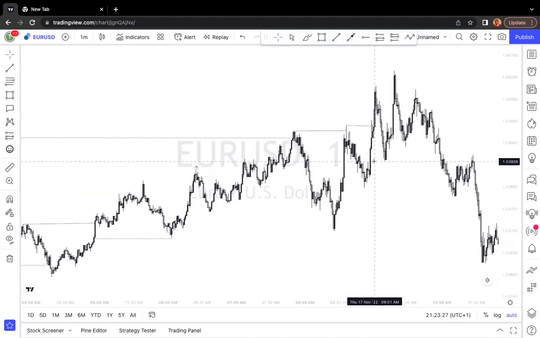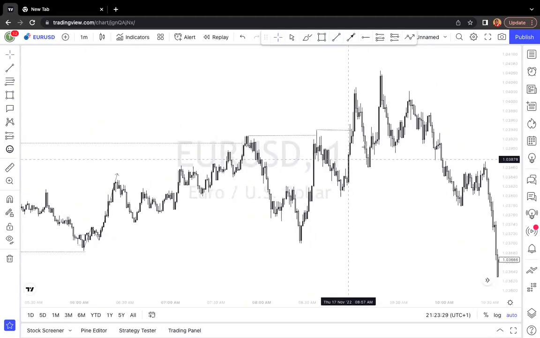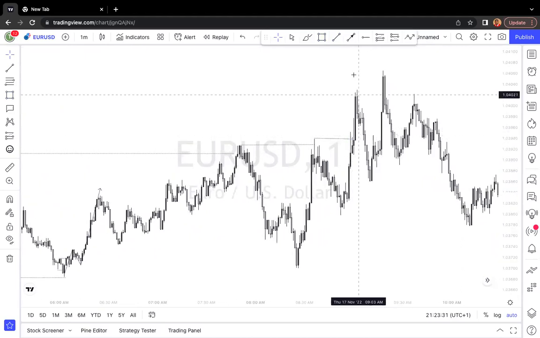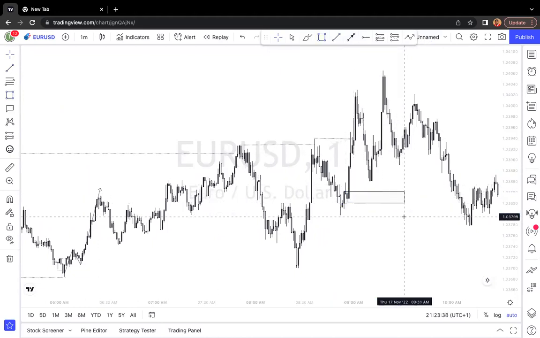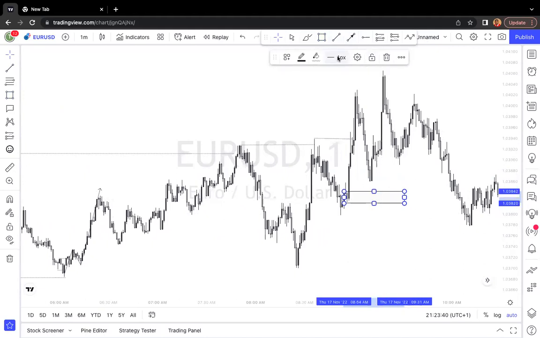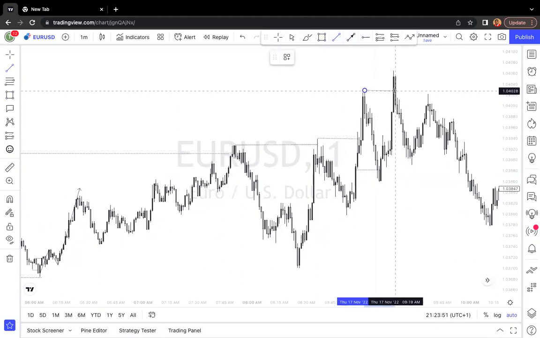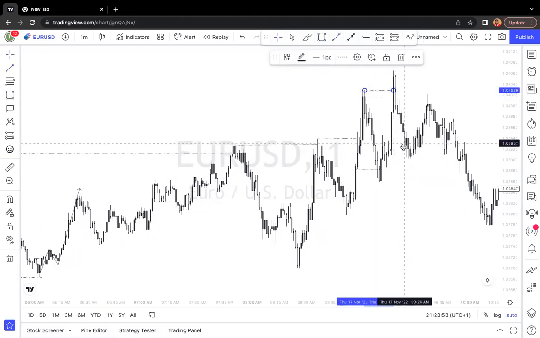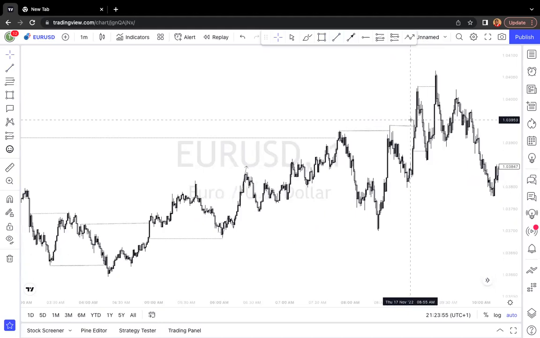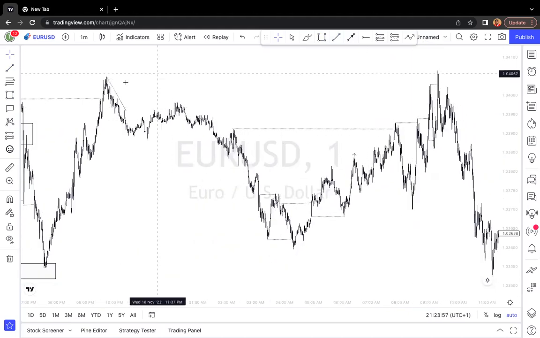So we have come back down to tap into this range, and still not mitigating your order blocks, because price is not interested in your order block. Have that at the back of your mind whenever you trade. Price only needs liquidity to move, and then tap into liquidity, right? And then came back to clear what? External liquidity. By virtue of clearing external liquidity, we had also cleared a previous daily high.